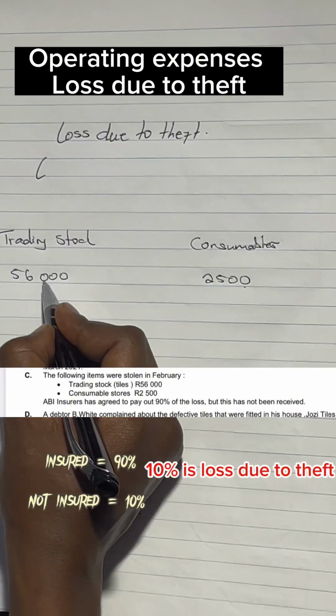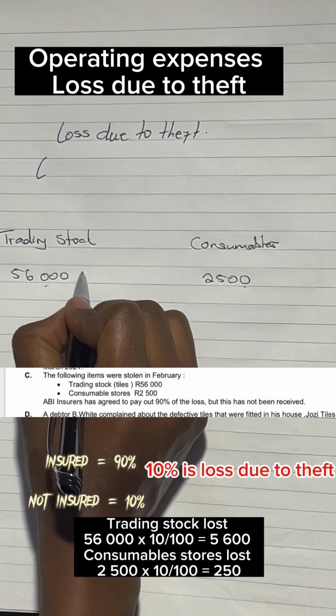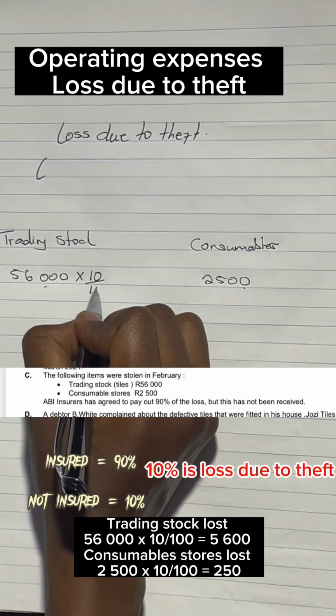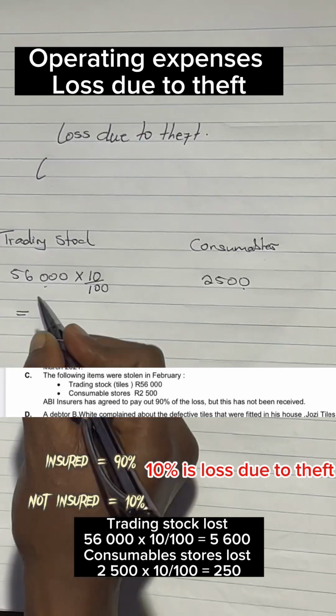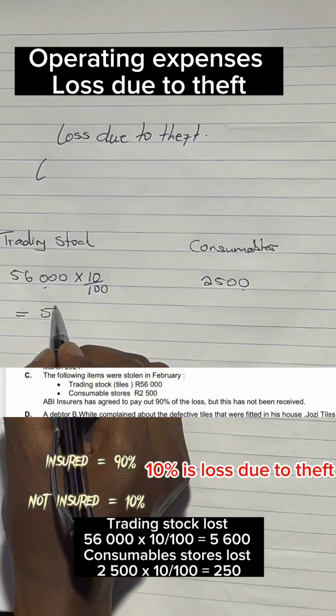So we are going to look for the loss: 56,000 multiplied by 10 over 100, and the amount that is not covered by the insurance is